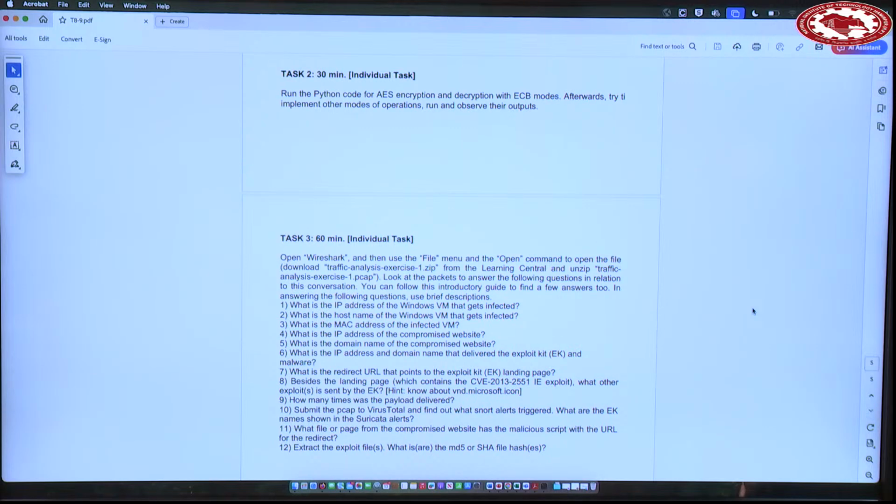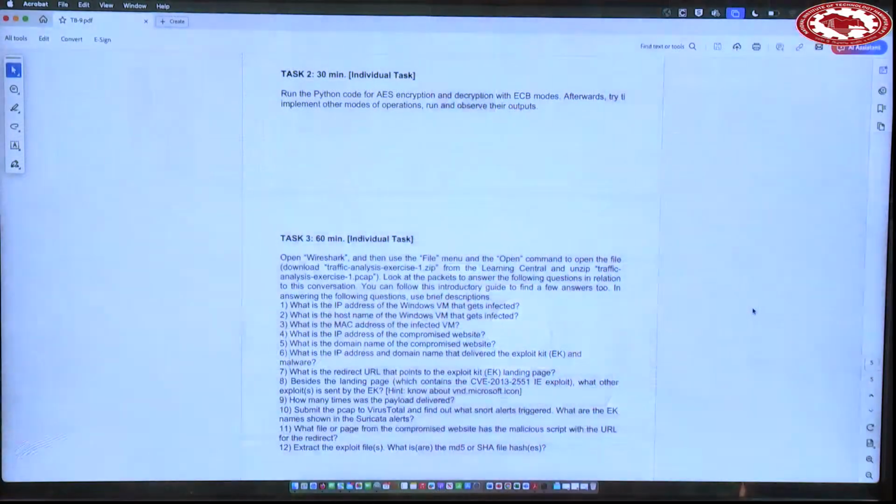So you open a terminal and then install some packages in Python. You need to install a few more packages. pip install PyCryptoDome. Maybe pip3 or